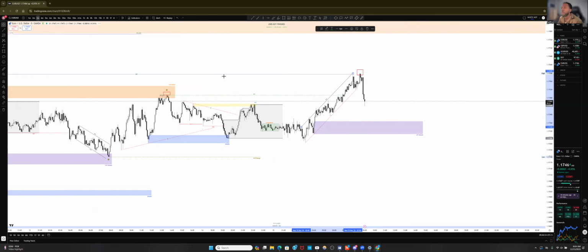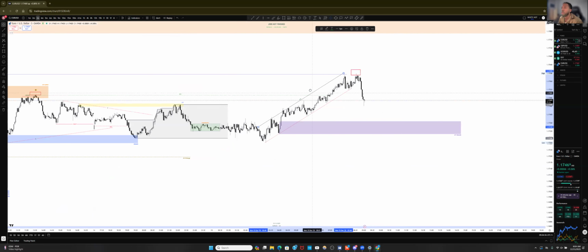Maybe on a 3 minute it might give me more. Yeah, give me better candles to place the start of the wick on top of, which would be right here.